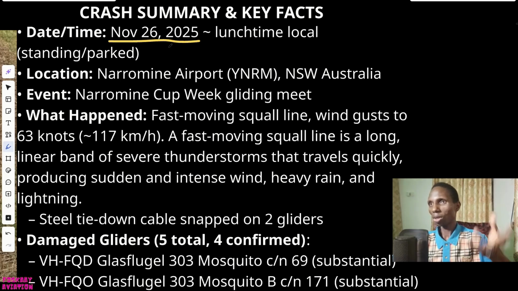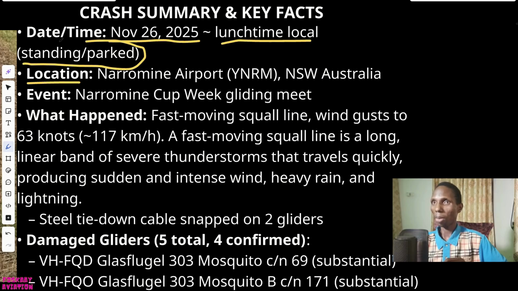At times those things might be delayed more than 24 hours, like 3-4 days, to confirm more details about them. It was during lunchtime, their local time, and most of it was packed. The location was Narromine Airport in Australia.